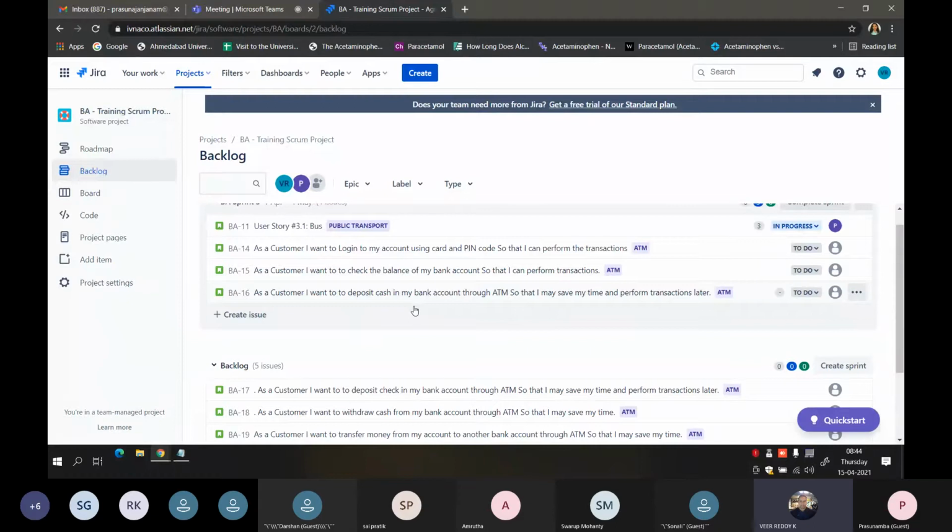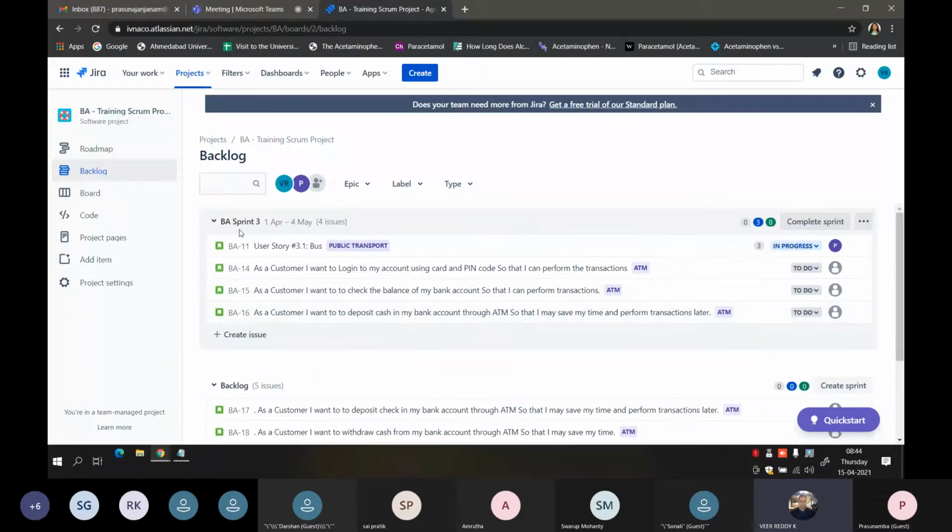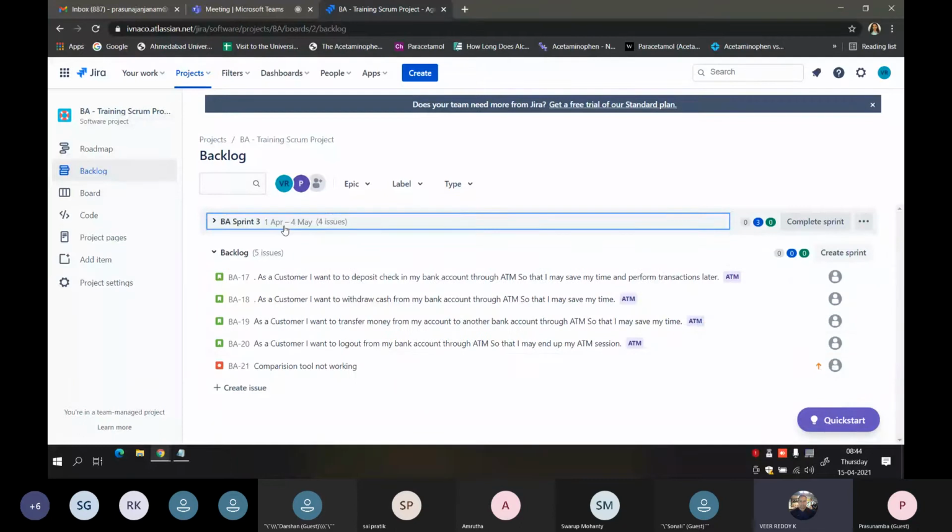For example, when you see the number of days for a sprint, as per Scrum rules, a sprint can be 1 week, 2 weeks, 3 weeks, or 4 weeks. Maximum 4 weeks, we told, right? It should not exceed 4 weeks. That is what Scrum says generally. But here, when you create any sprint, they give you one more option: customization.